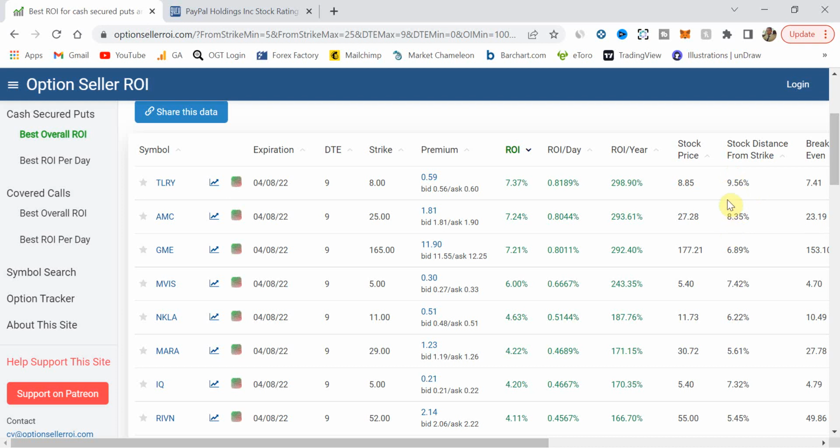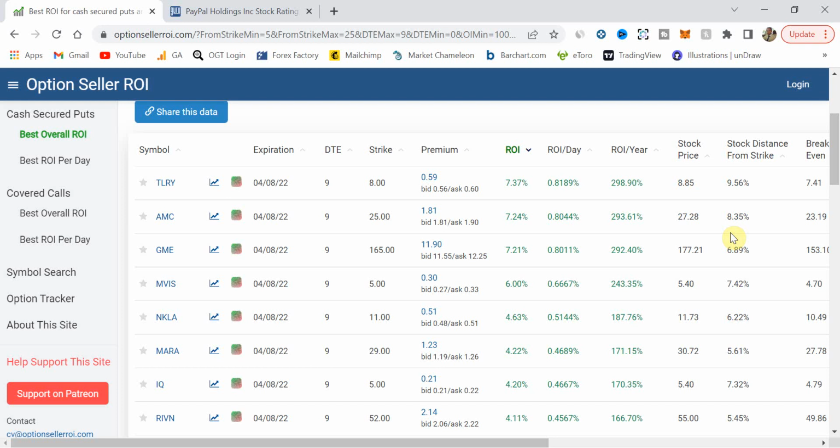All else being equal, if I went 15% away on Tilray and 15% away on AMC, yes, the ROI will be lower, but you'll still be getting better ROI 15% away from Tilray than you would be getting if you went 15% away from AMC, right? So that's what I'm trying to explain to you: don't be so worried about the strike, because the strike's going to be relatively close